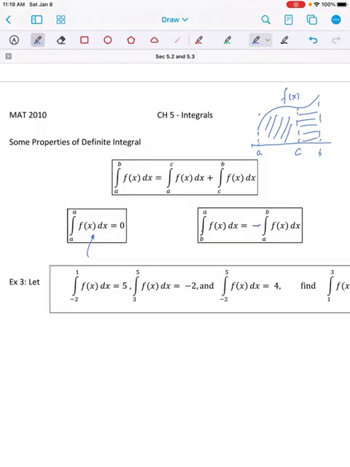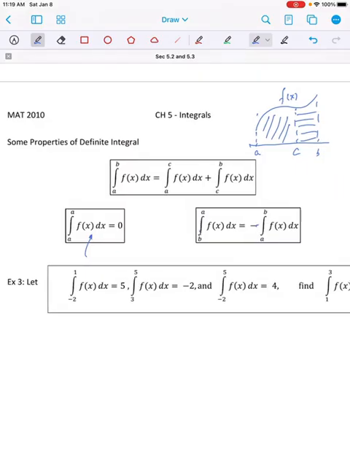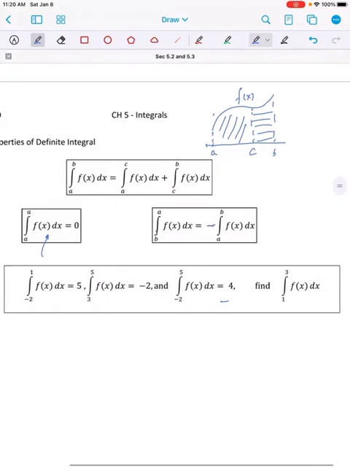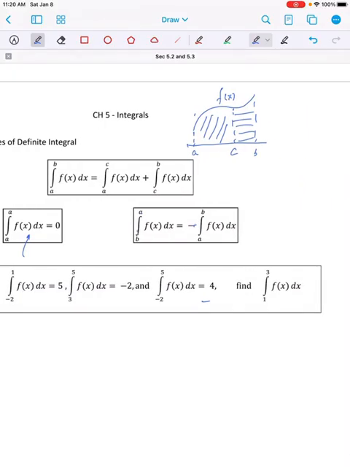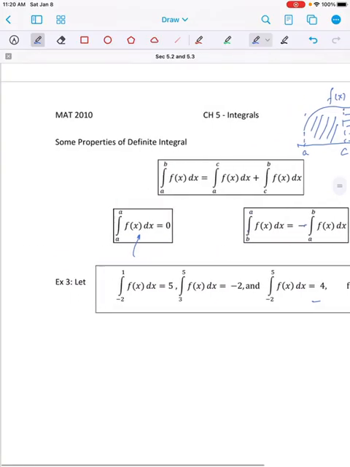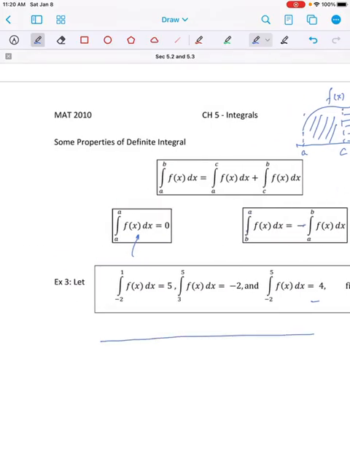So it is saying, from -2 to 1, the definite integral has the value 5. From 3 to 5, it has the value -2. And from -2 to 5, it has the value 4. So it says find the value of the definite integral of f of x from 1 to 3. So if you notice here, if I draw a line, we are starting from -2, we are going up to 1,